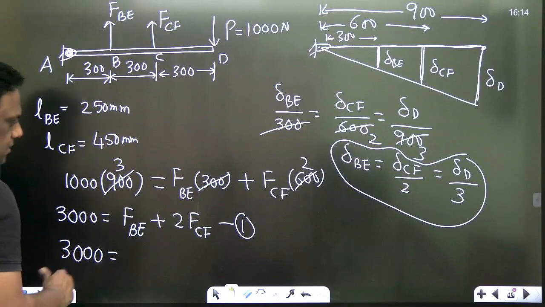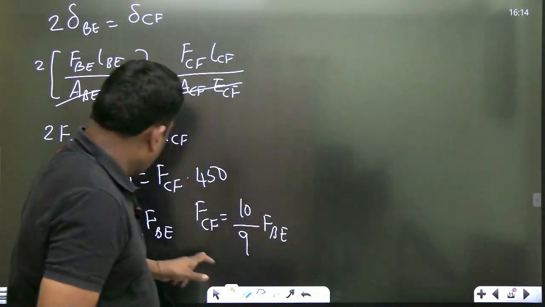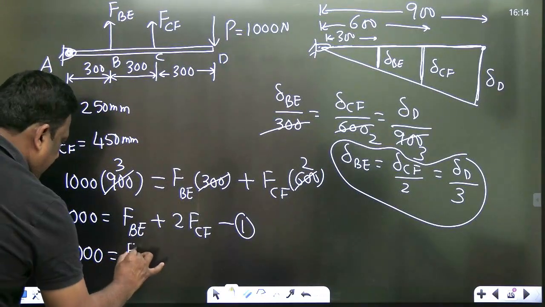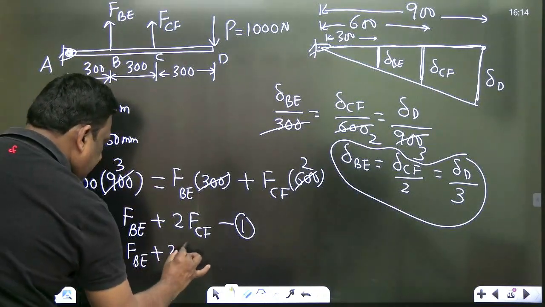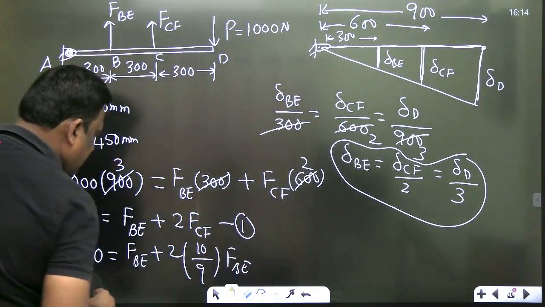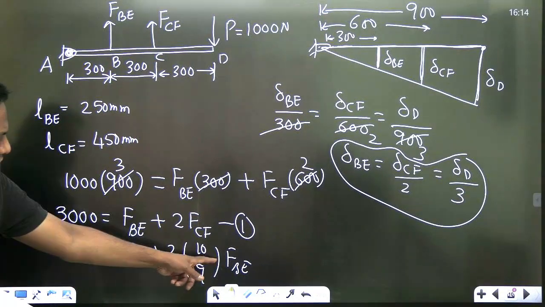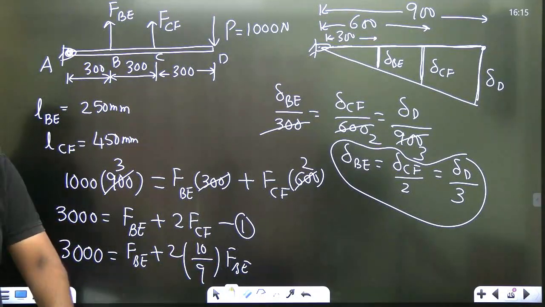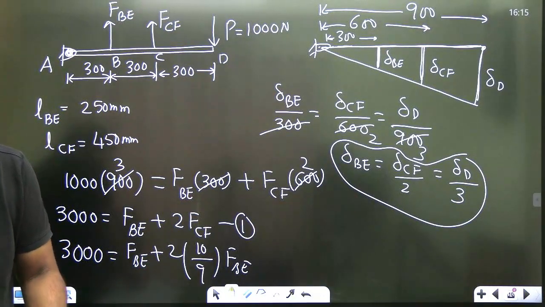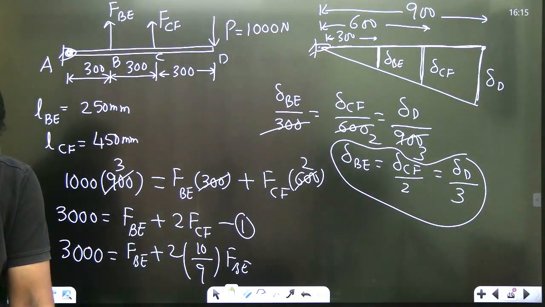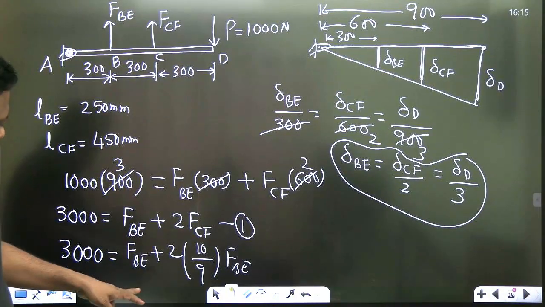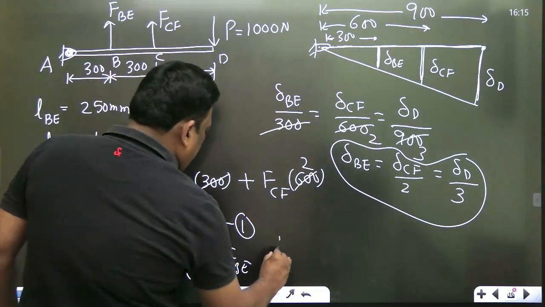So what was the equation here, sir? F_CF is 10 by 9 F_BE. So everything is known except F_BE. This is just simplification. If you calculate, do you want me to calculate? F_BE comes out as